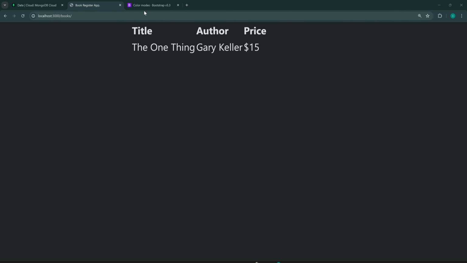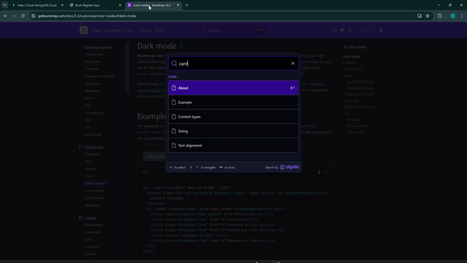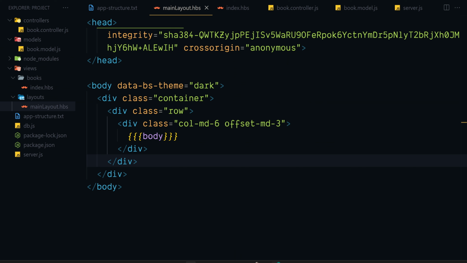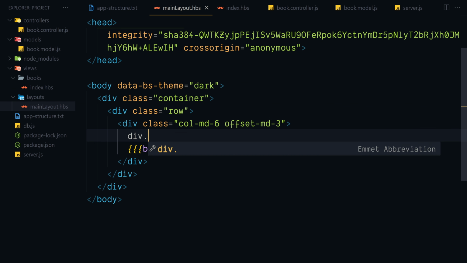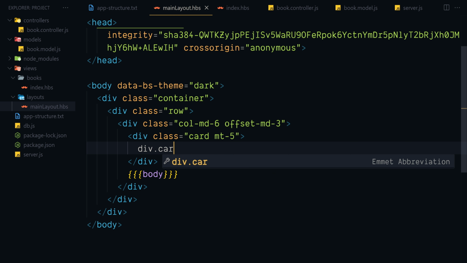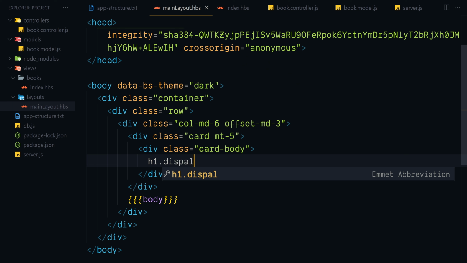Now let's improvise. First of all, we'll make use of Bootstrap cards. You can see the corresponding documentation here. So back to the layout page. First of all, we need a div with the class card, and just to apply a top margin, we can have this class top margin of the range 5. Inside that, we need this class card body,